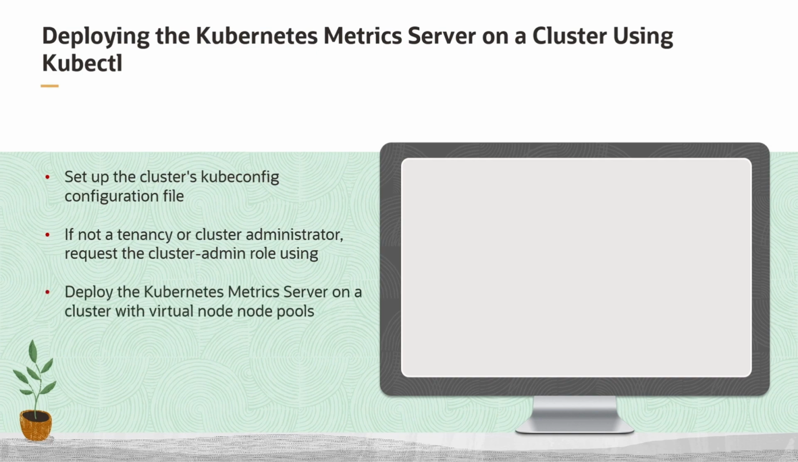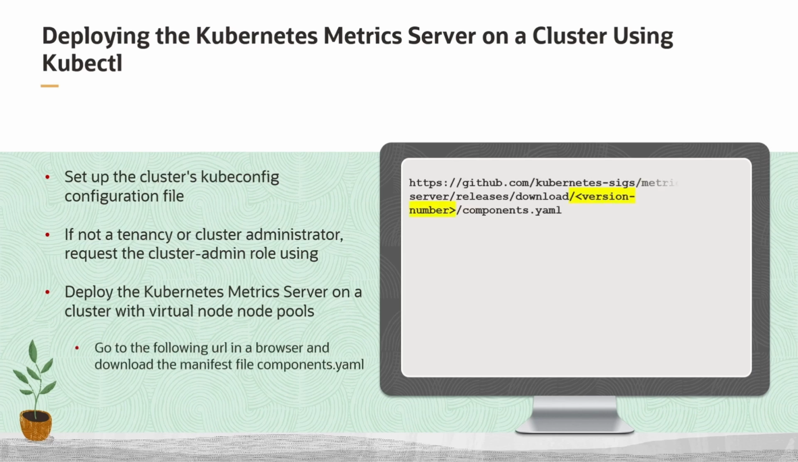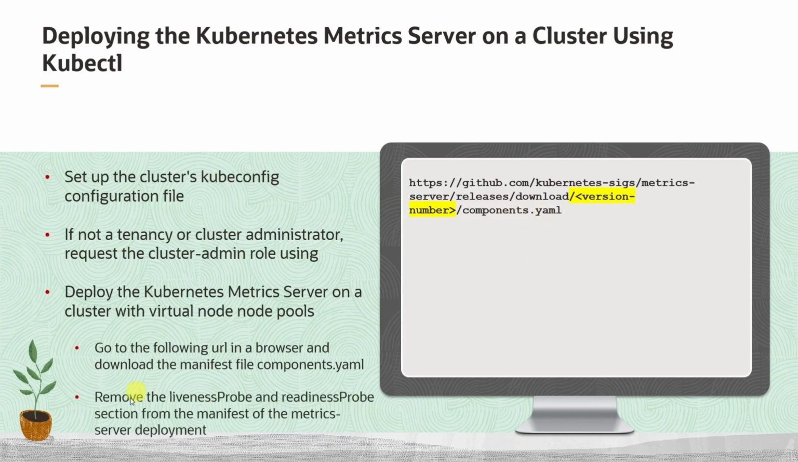And in order to do so, you must go to the following URL in the browser and download the manifest file, that is components.yaml, to your local machine. Remember, you must provide the latest version number for your Kubernetes metrics server. Now, once you download the components.yaml manifest, you must remove the liveness probe and readiness probe section from the manifest